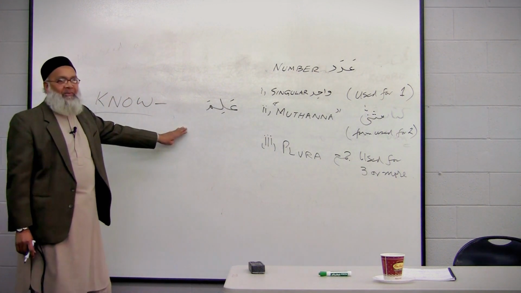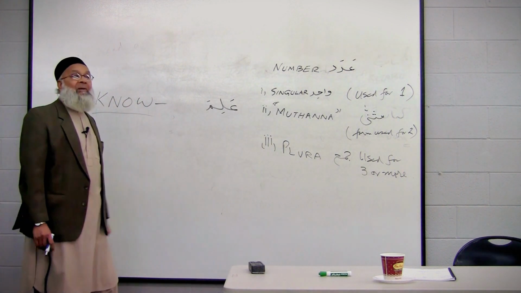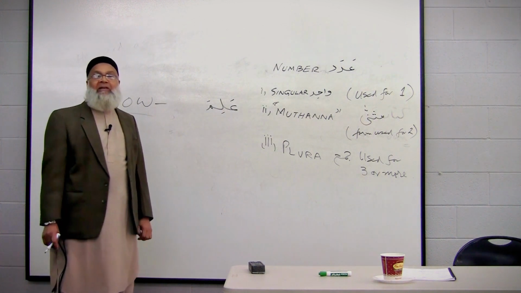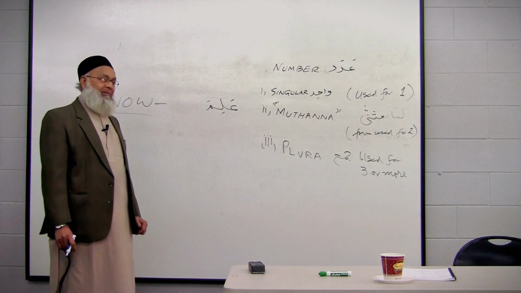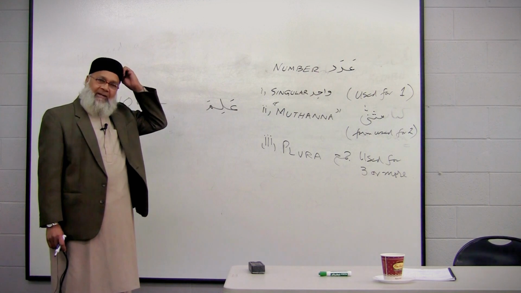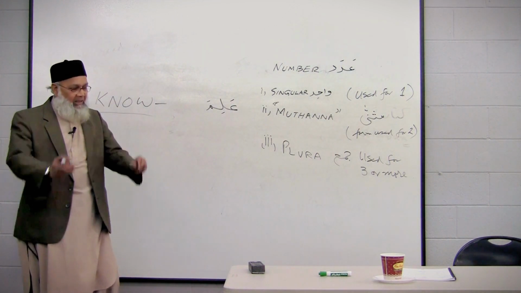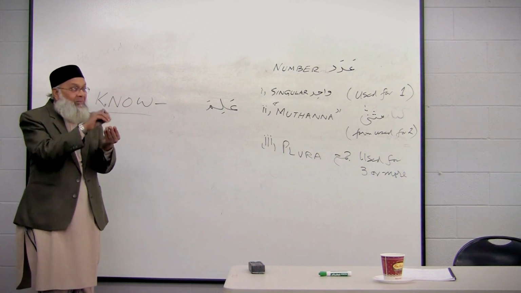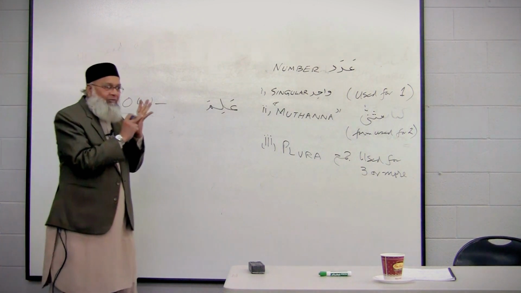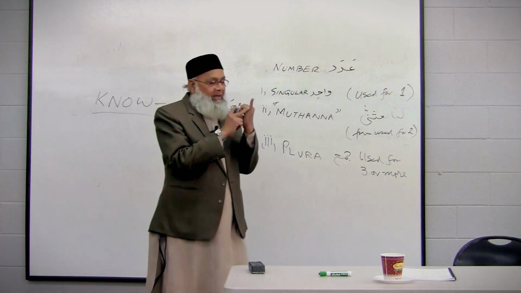It will have 14 forms. And remember, in Arabic, a verb is exclusive of the subject, or inclusive of the subject. There is no verb in Arabic without a subject. In the same word, many things are included. One word will tell you its